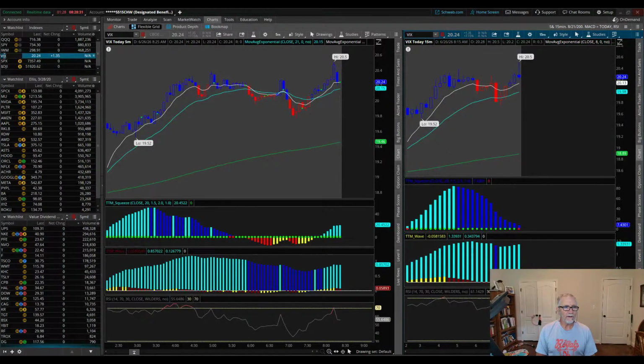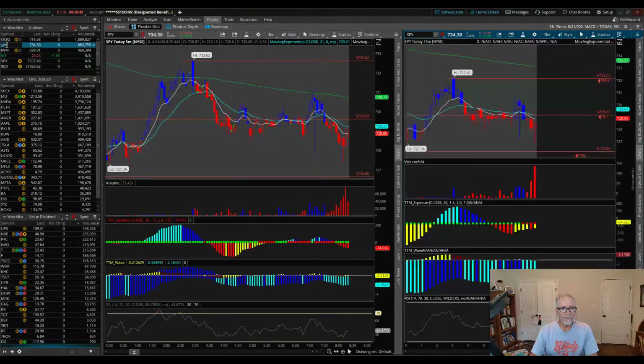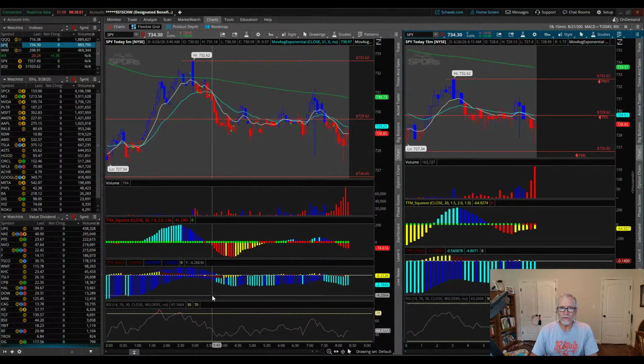But what this is telling us is that the traders, the market, the futures are down a little bit, and there's a little bit of fear out there. Even though the war is over, the dust has settled, and the traders and some of the investors are like, I don't know what's going on. We can go to the S&P 500 and you can see that the S&Ps are down right now. Yesterday they closed at 734. They're trading down $4 right now,